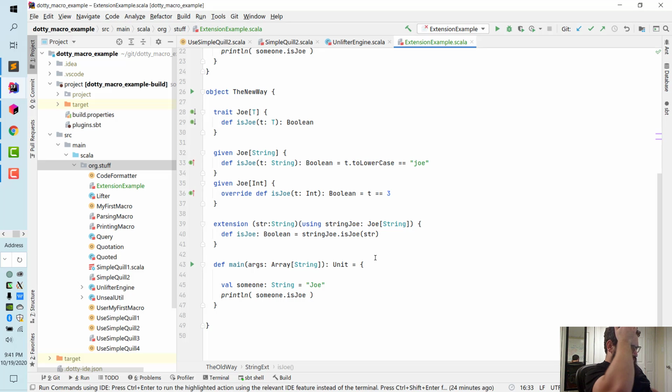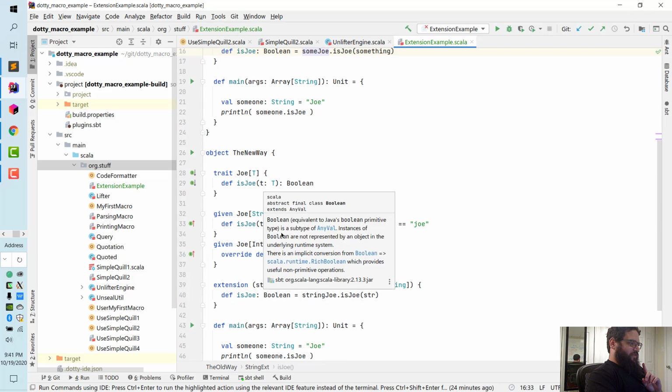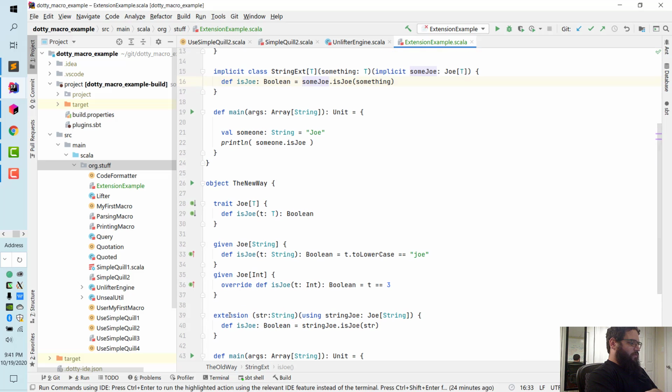Oh, and one other thing. What's the difference? There's something I haven't done yet. Look at what this is capable of doing, and look at what this is capable of doing. What is this capable of doing that this is not? Assuming an object other than a string? Yep. Right? See, if you don't have a T, you can technically do